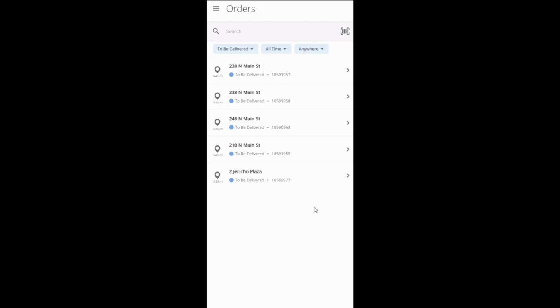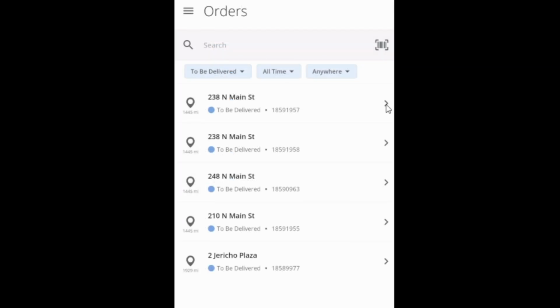To create a delivery trip, you can do one of two options. Your first option is to do a single delivery trip. This means that you will only deliver one single item. If this is your option, you will simply select the order that you wish to deliver. In this case, I will select the delivery going to 238 North Main Street. We are going to click on the arrow pointing to the right,